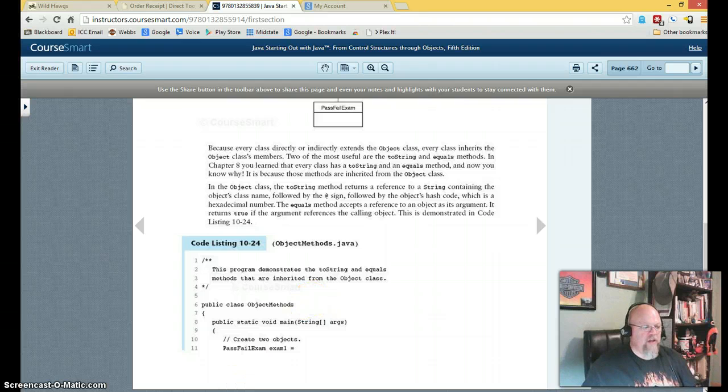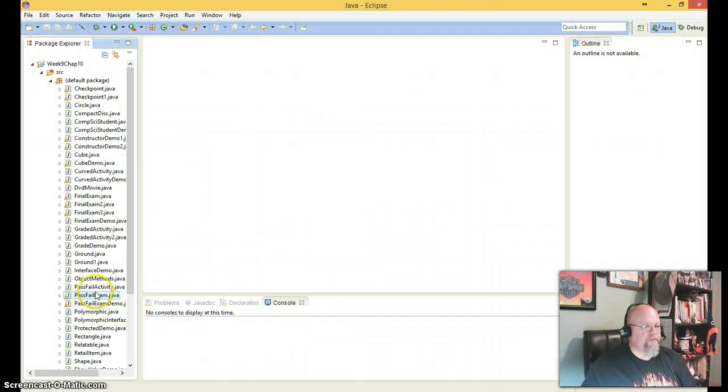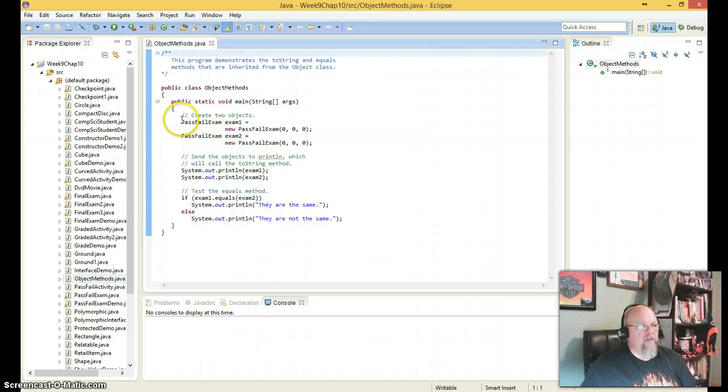So if we look at the object methods, there we have pass-fail exam 1 is a new pass-fail exam, pass-fail exam 2 is a new pass-fail exam, and I can go ahead and print those out, and this will automatically execute the toString method. And if exam.equals(exam2), so here's the equals and here's the toString. If I run this, it comes out and says